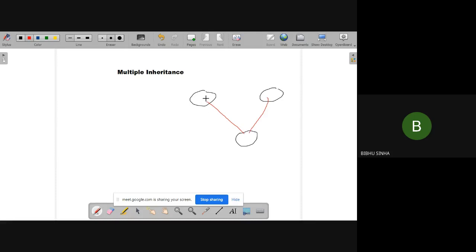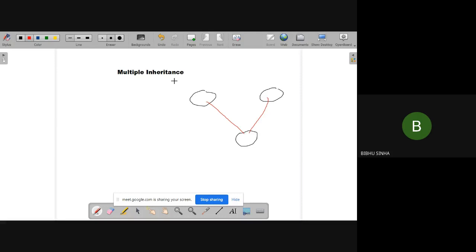We are going to implement both classes' features in a single class. That means we are going to inherit from more than one class. Here is one class, this is the second class. All these classes we are going to inherit in this single class, that is multiple inheritance.